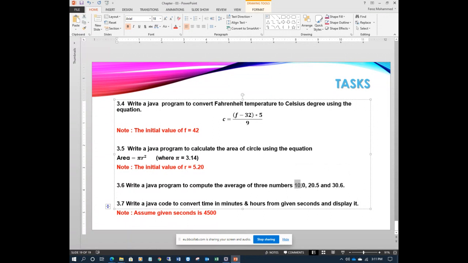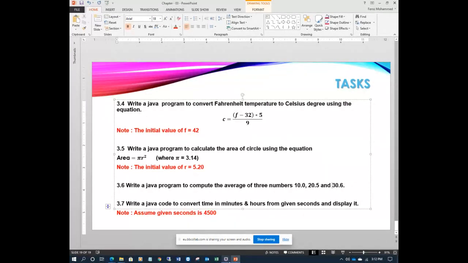So we have been given three numbers. For example, number one, number two, number three, or you can write A, B, C, or X, Y, Z, whatever you name it. Use these three numbers and add them. So how do you calculate the average? First add these three numbers and divide the whole by the number of numbers. How many numbers are there here? 1, 2, 3. This means dividing the addition of 10.0, 20.5 and 30.6, the whole, by 3, the number of elements. There's a formula here.